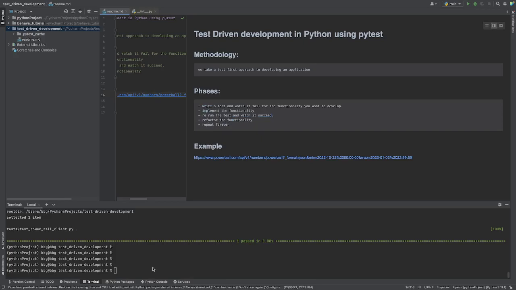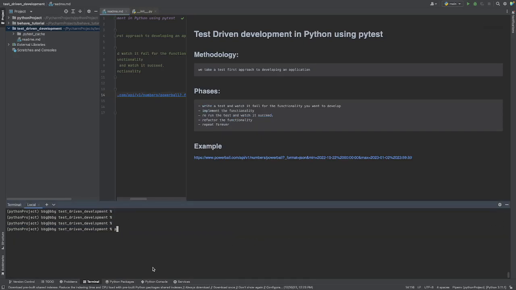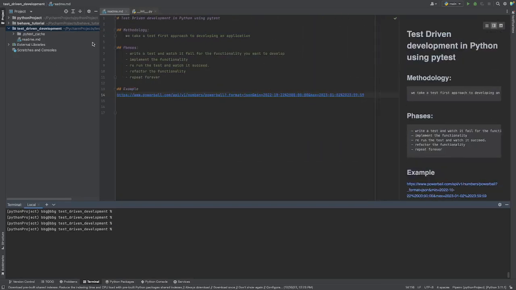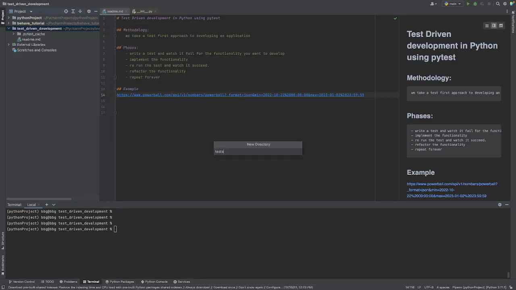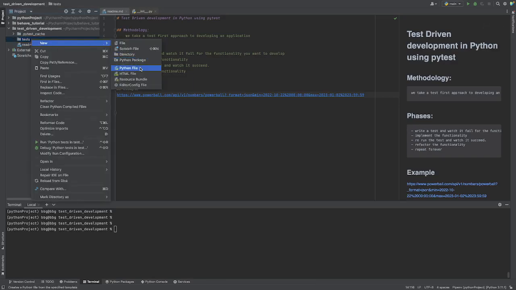So let's get started. For this exercise, I have installed pytest and I have installed requests. So if you have not done so already, please go ahead and install those. And let me start by creating the tests folder. I'm using PyCharm and I've created this project called test-driven development. Under that, I'm going to create a folder called tests. And under tests, I'm going to write my